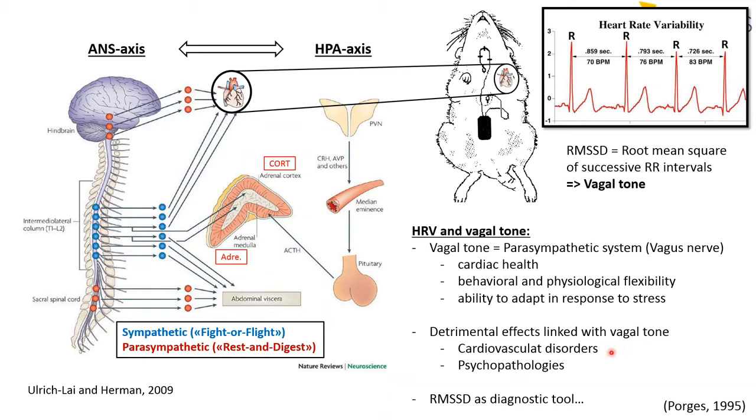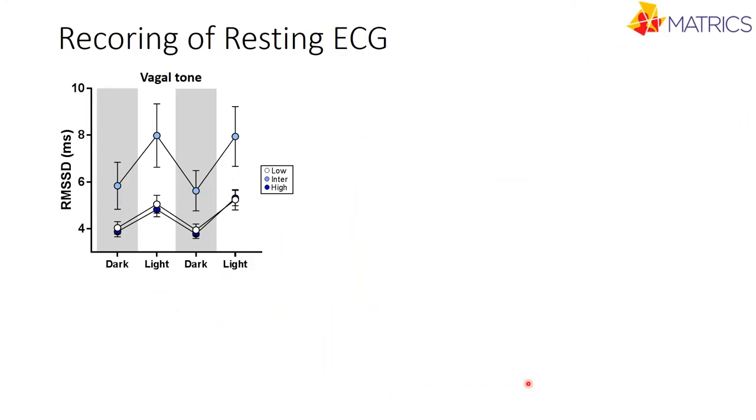So in the long term, studies have shown that low vagal tone, showing a low flexibility of cardiac response, is related to cardiovascular disorders as well as psychopathologies. So more and more research is suggesting that the RMSSD might be a good diagnostic tool. And this is of interest because validating animal models with differences in vagal tone might also make the model more powerful in terms of